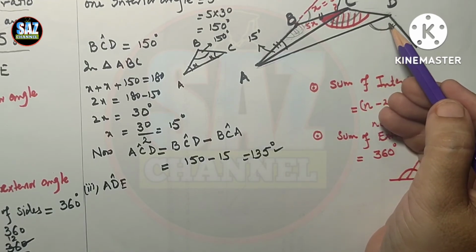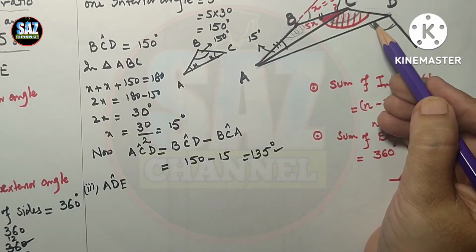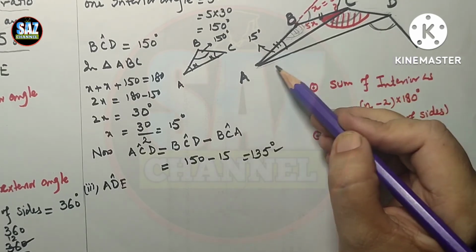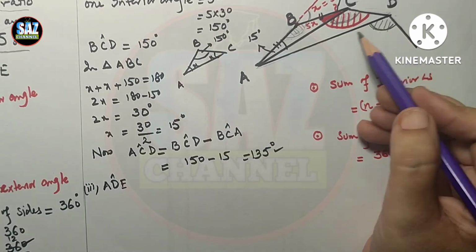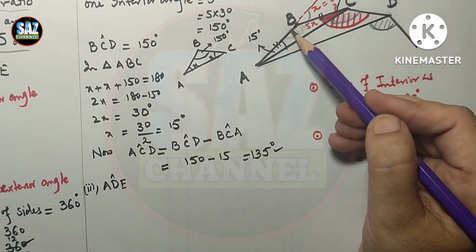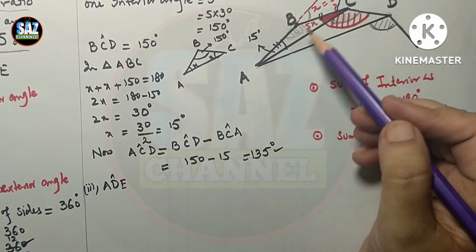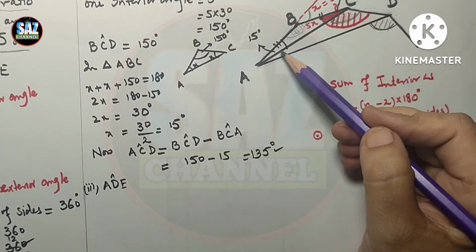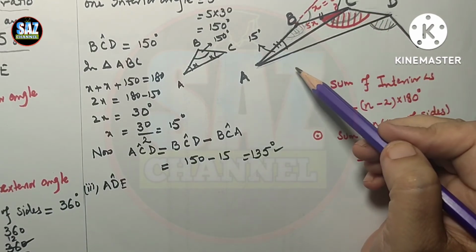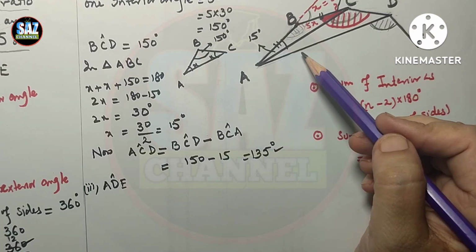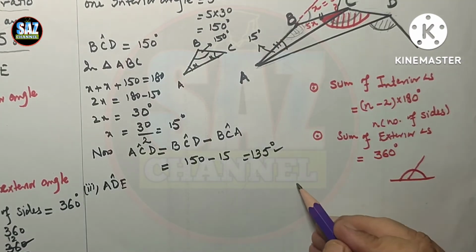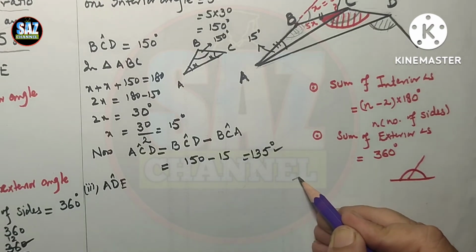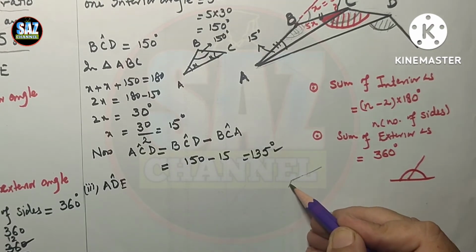Again we can see that we don't need angle D completely, we just need some portion of angle D. So for that purpose, if I am looking at diagram BCAD, we can see that all sides of BCAD are of equal measure. So if I am taking the quadrilateral BCAD,